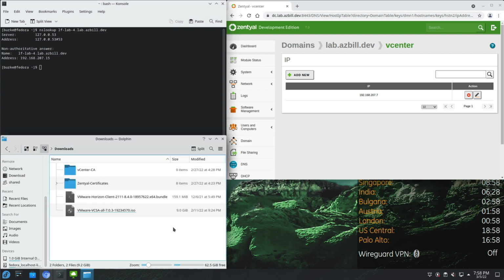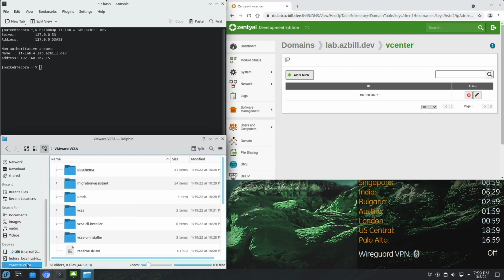And down below, we can see that I've already downloaded the VCSA installer. Now, in order to get started, we just right-click on the ISO image and select Mount ISO. Okay, if I scroll down on the left-hand side, we can see that it is mounted now. So let's go ahead and browse there. Now, I like to use the user interface. So we'll go ahead into the